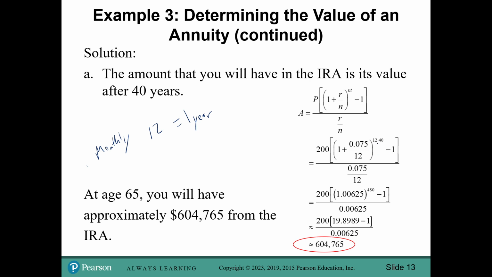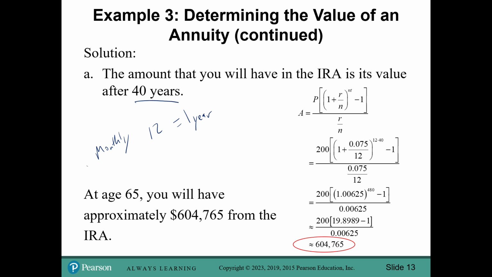We're going to raise that to 12 times 40, because remember, we're investing, like it said, for 40 years. Subtract 1, divide that over your rate, divided by the number of times per year. Once again, monthly is 12 times per year. Now all it is is you taking the time, typing it in your calculator correctly. We simplify a few steps for you here just to make sure you can type it in correctly. But what we wind up with at the end is